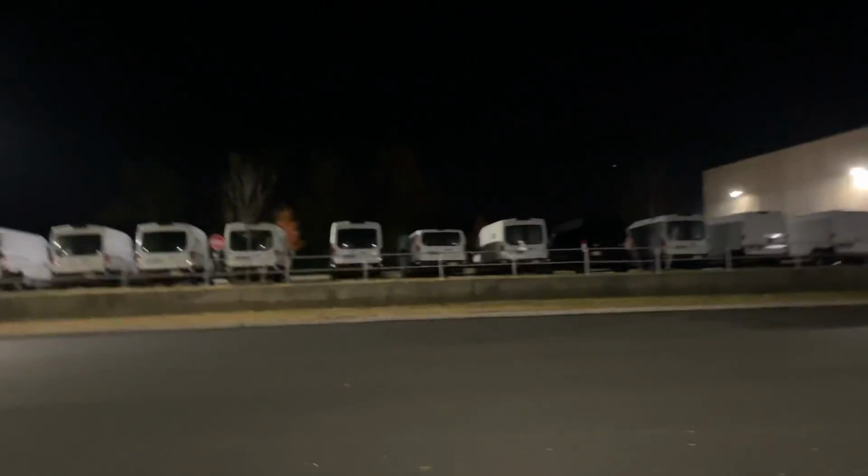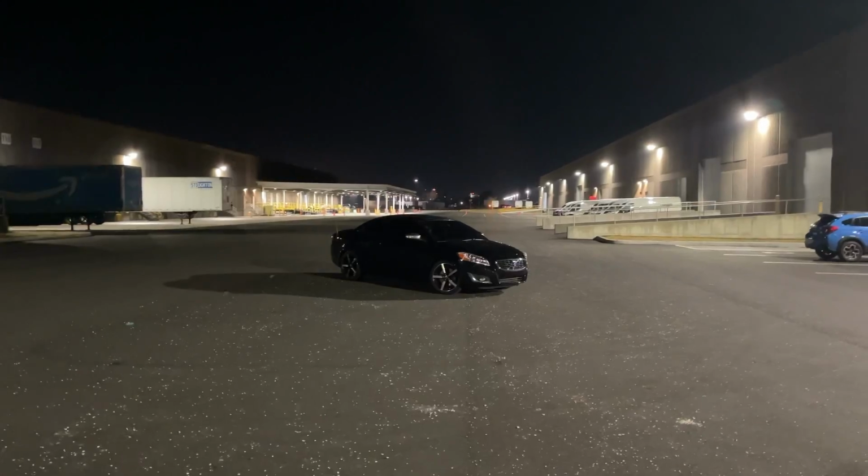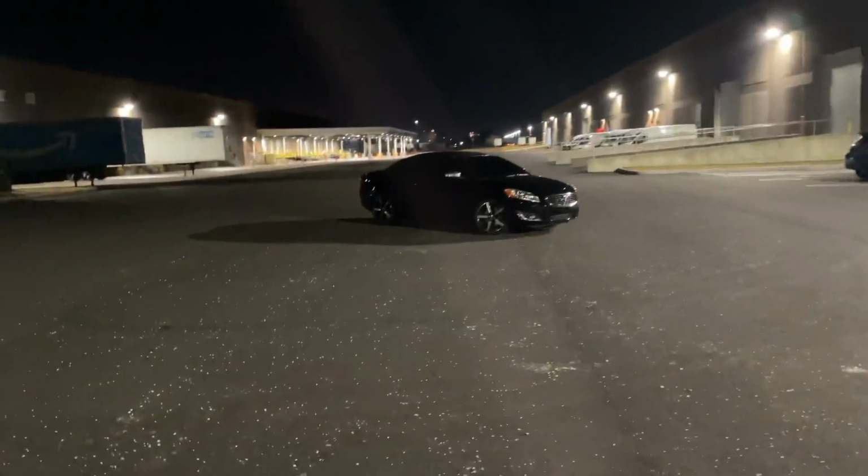Plenty of space to play around with. If I needed to, I could always move to the parking lot over there, or there's a little lot over there I could move to if need be. But yeah, that's this location. Not a bad spot. And if you're wondering how I go about finding these cool locations,